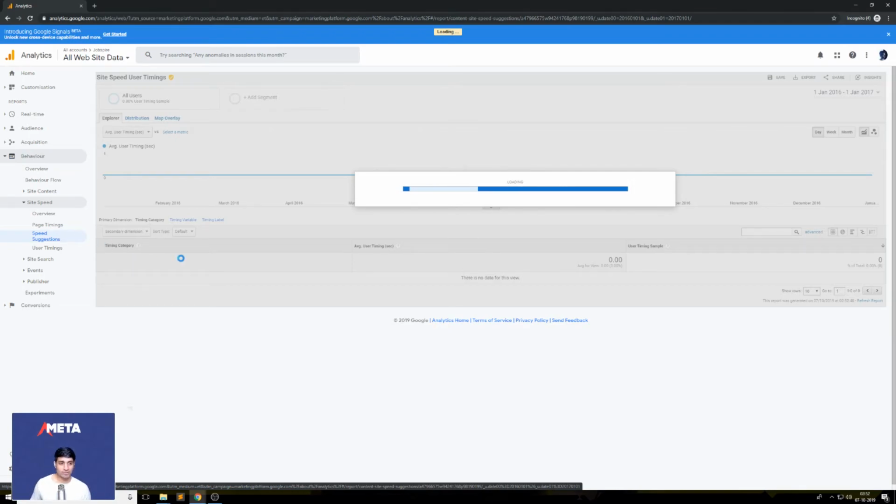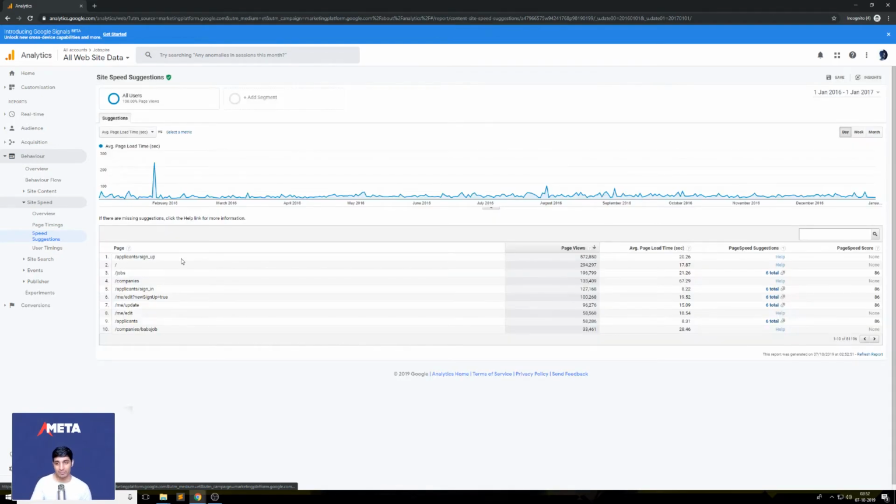Things like user timings, for example, the reason they don't show up in your data is because these things weren't there on Google Analytics back then, or we're out of the retention period. But again, a lot of this data is repetitive. It's just allowing you to see the same bunch of information in different ways. So if you look at speed suggestions, you can see that,